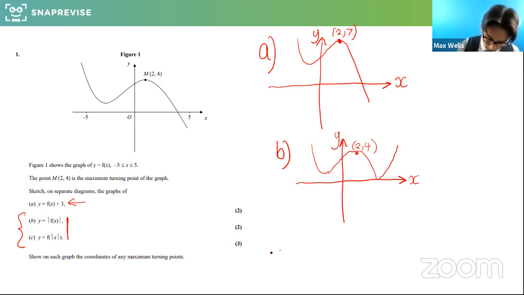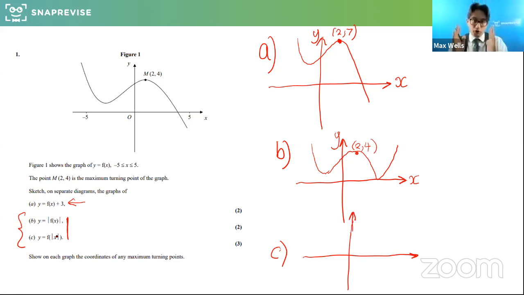Okay, this last one, it's interesting to see if people know what's going on here. So f of modulus of x is a very different scenario altogether. What it's saying is basically it mirrors the positive part of the x values in the negative part of the graph. Whatever x goes in as, it gets turned to a positive number before it hits the function, so you modulus x before you get an output. What this ends up doing is the function for the positive x values will be exactly the same, and for the negative x values, it will just mirror that.